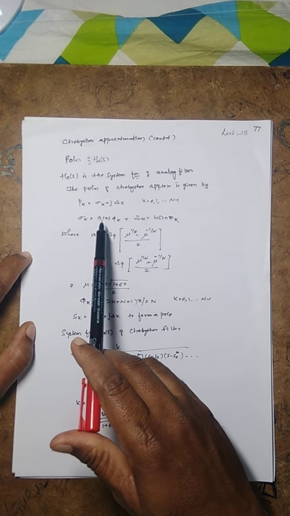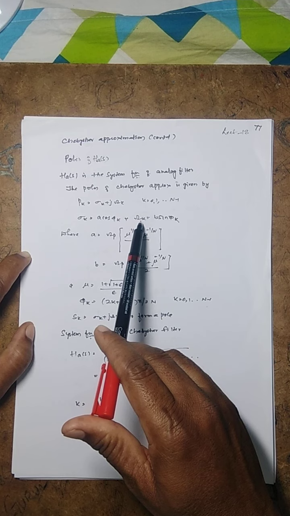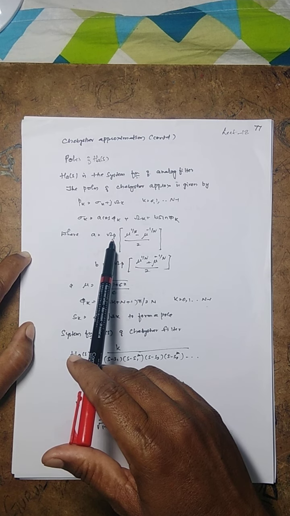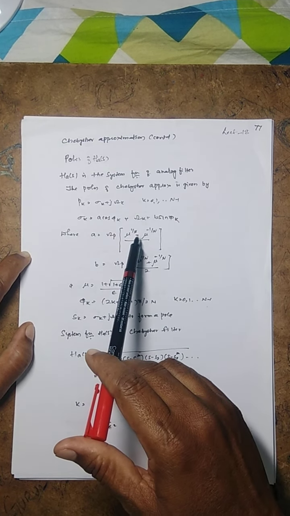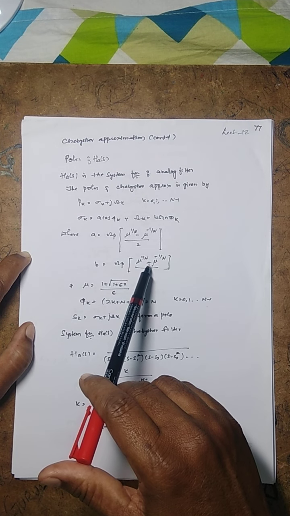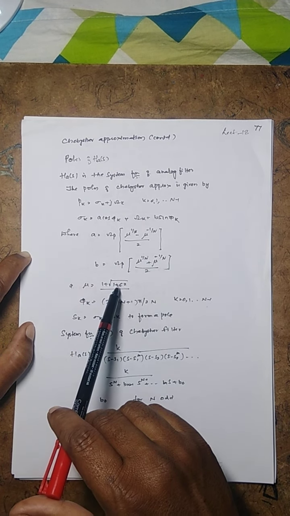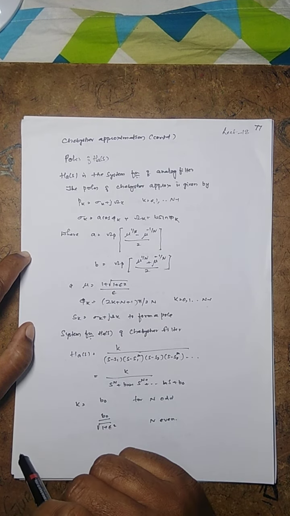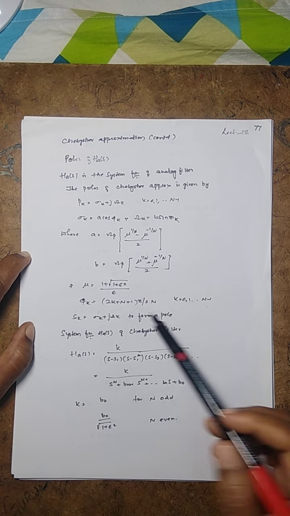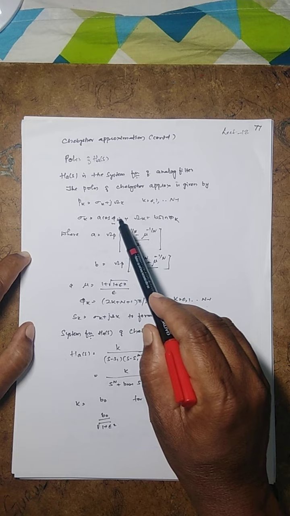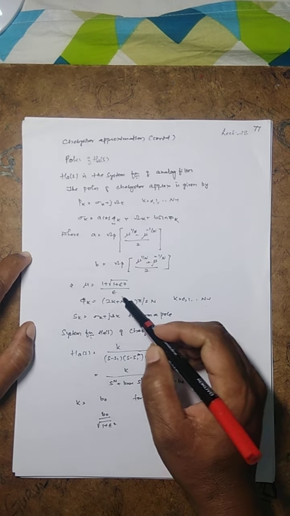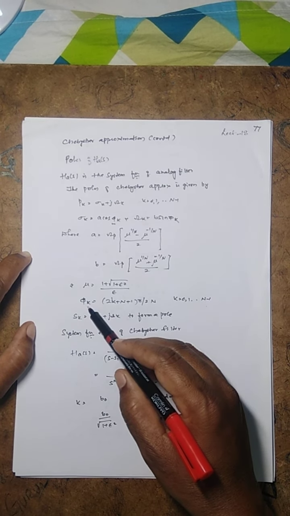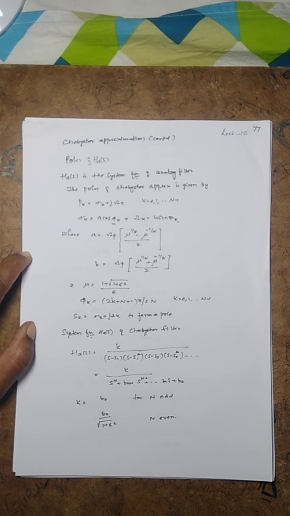Where sigma k is given by A cos phi k and omega k is given by B sin phi k. And A and B are given by this equation, omega p into this bracket. Here it is minus, here it is plus. And mu is calculated from epsilon, where epsilon is the passband value. It is 1 plus root 1 plus epsilon square divided by epsilon. And phi k is given by 2k plus n plus 1 into pi divided by 2n, for different values of k up to n.